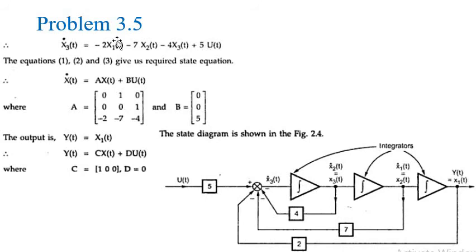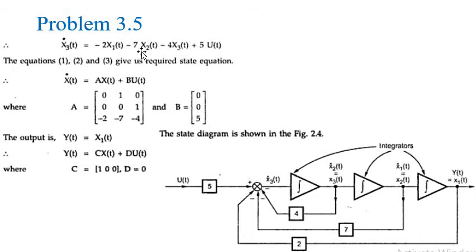Now you need to realize this equation. Here this is the coefficient of x1, this is the constant. Now this is the state variable x1, so that x1 has to be multiplied with the multiplier 2, and either you can multiply it with minus 2 and give it to a summer, or if you are multiplying that with 2, then you need to define the entry as negative to this summer block.